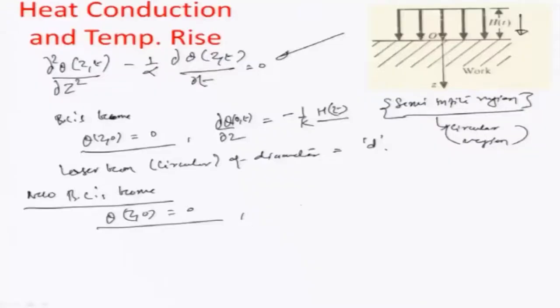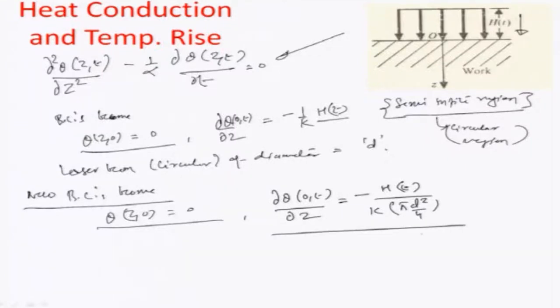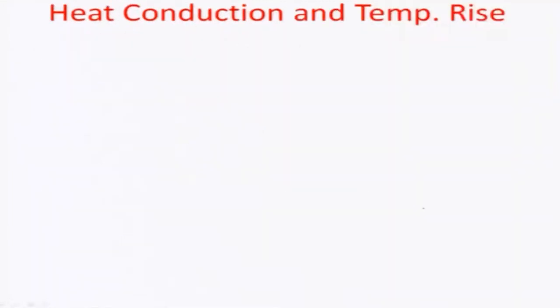The only other difference which we would have in this particular case is that the gradient of temperature at the surface corresponding to all different points of time t equal to 0 now really becomes a function of beam diameter, and we can consider this to be minus ht by k pi d square by 4. So, if we assume this to be the new boundary conditions, the solution that would emerge to this equation